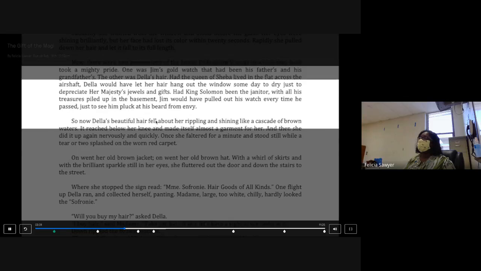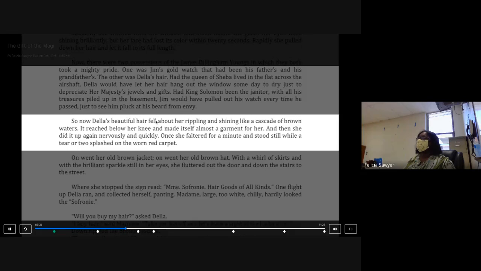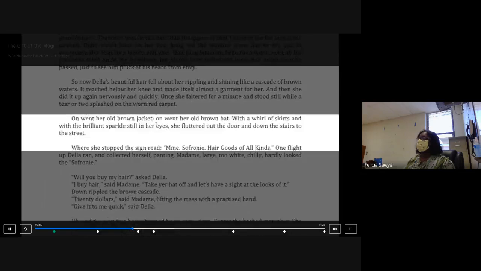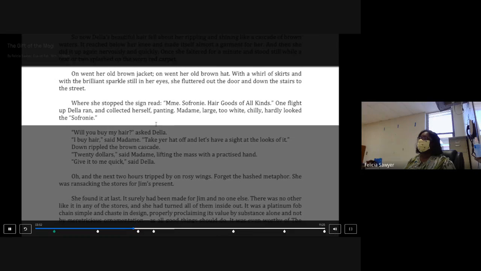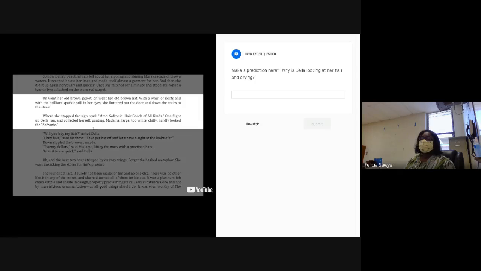So now Della's beautiful hair fell about her, rippling and shining like a cascade of brown waters. It reached below her knee and made itself almost a garment for her. And then she did it up again nervously and quickly. Once she faltered for a minute and stood still while a tear or two splashed on the worn red carpet. On went her old brown jacket, on went her old brown hat. With a whirl of skirts and with the brilliant sparkle still in her eyes, she fluttered out the door and down the stairs to the street, where